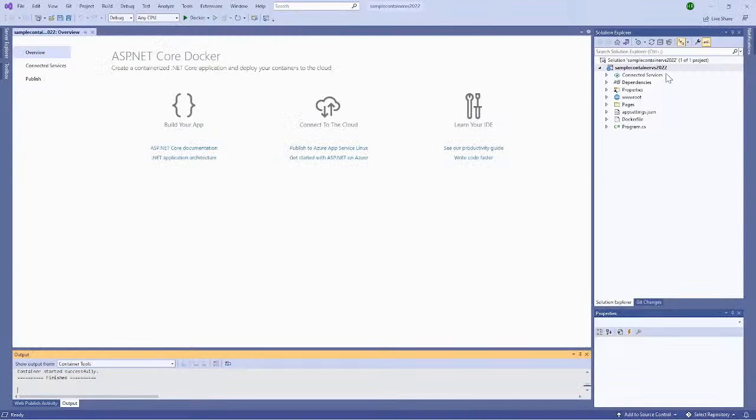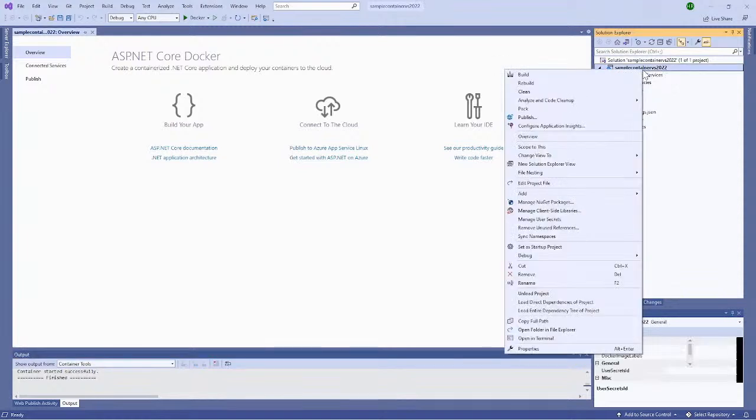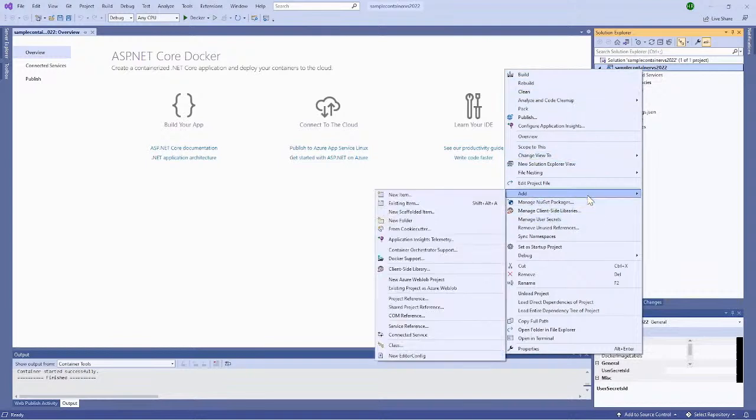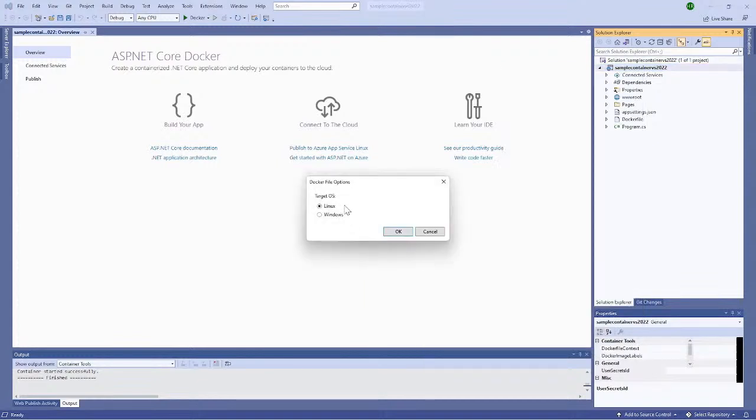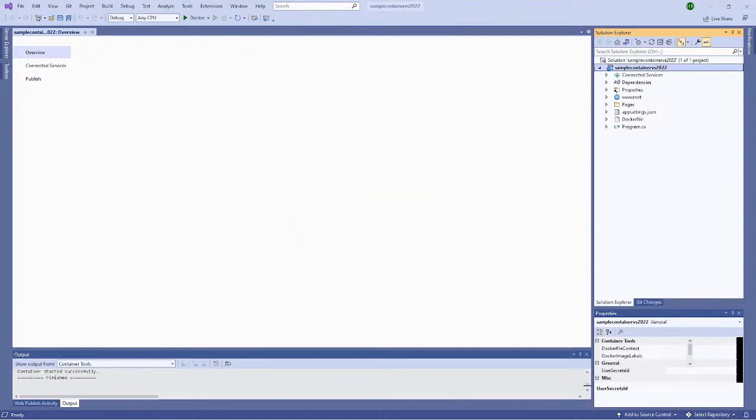Now we have our application and we can see here we need to add Docker support. As you can see here we have the target OS, Linux, Windows, so we need to add our Dockerfile, but it's already added. If you don't have this file, you can add it in this way. Now we will add